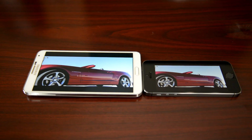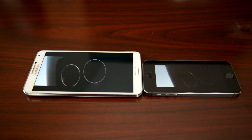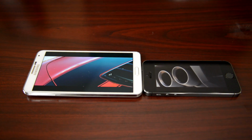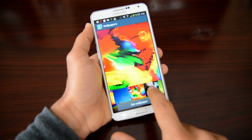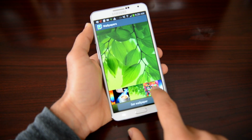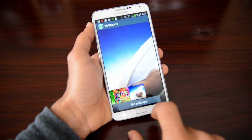Both of these displays look great, but the IPS panel on the iPhone does give off a better balanced color and is still pretty viewable in direct sunlight. The same can't be said about the Note 3. If you do want the best looking display regardless of color accuracy or saturation, then the AMOLED will offer you